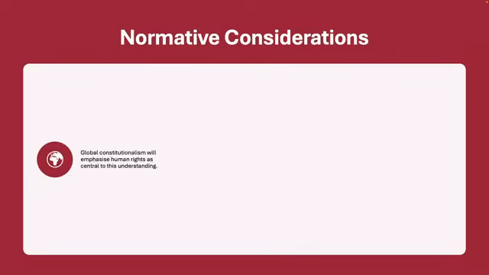And fundamentally, global constitutionalism will firstly emphasize human rights as central to its understanding of this idea of a global constitution. If we think about a constitution from a domestic standpoint, if you have someone who has studied law in a domestic framework, the US Constitution, for example, or the UK Constitution, one of the major aspects of this study is the idea of human rights and civil liberties. An individual is more than just the subject of states. These rights include political rights, socio-economic rights and broader group rights.